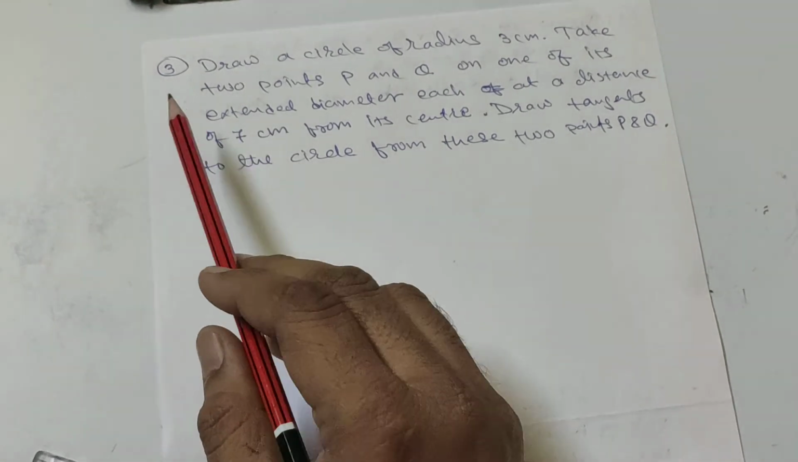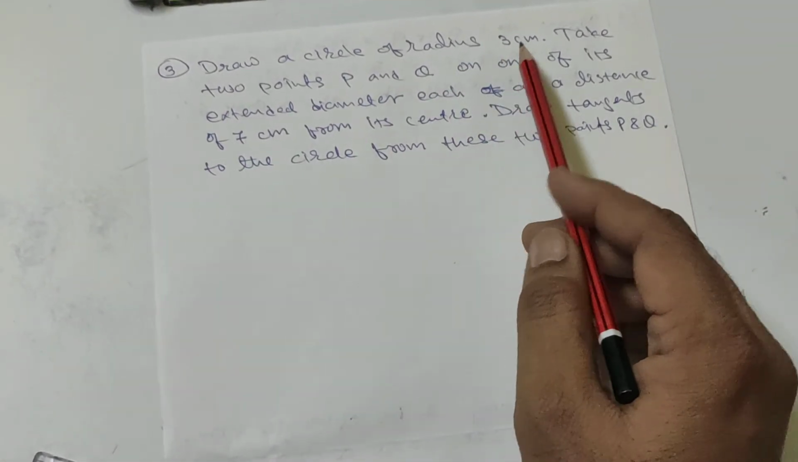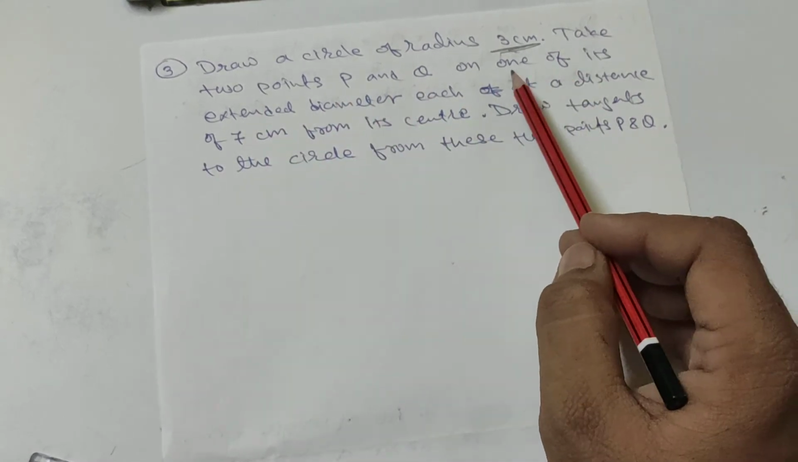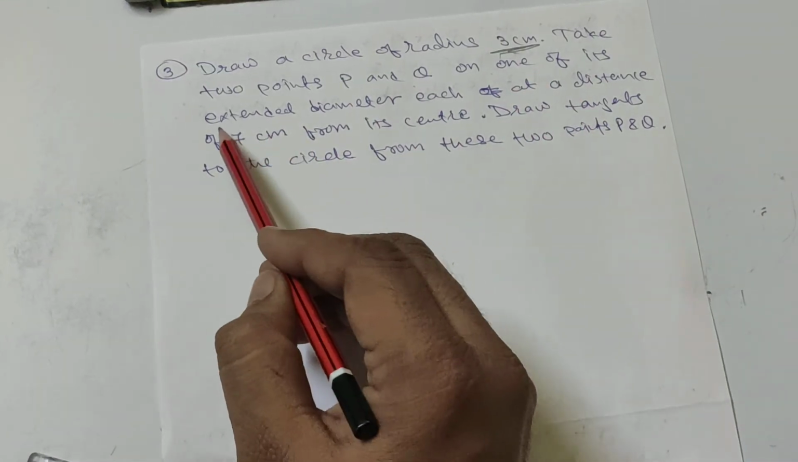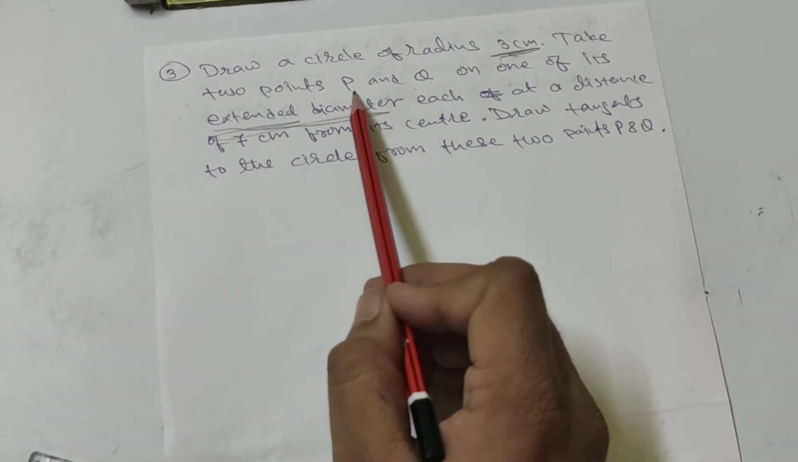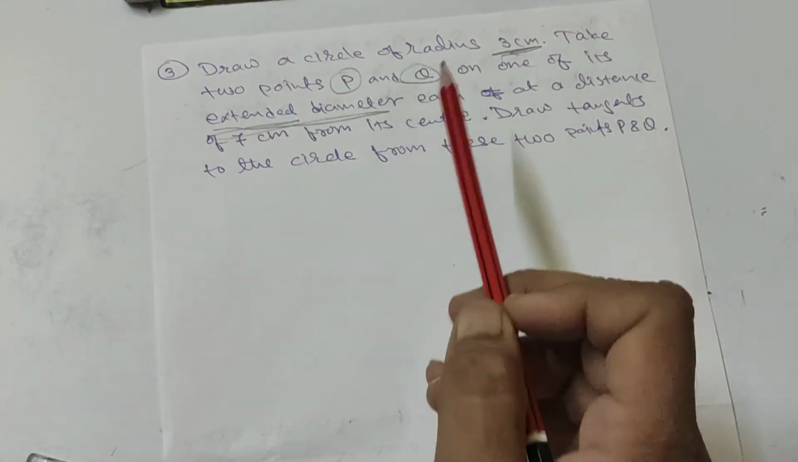चलिए करते हैं और एक कंस्ट्रक्शन. Draw a circle of radius 3 centimeter. Take 2 points P and Q on one of its extended diameter. डायमीटर को हमको एक्सटेंड करना है, और एक्सटेंडेड डायमीटर के ऊपर एक पॉइंट लेना है हमको P और दूसरा वाला